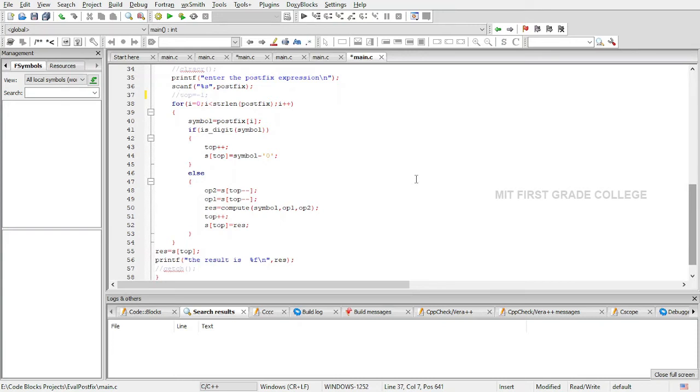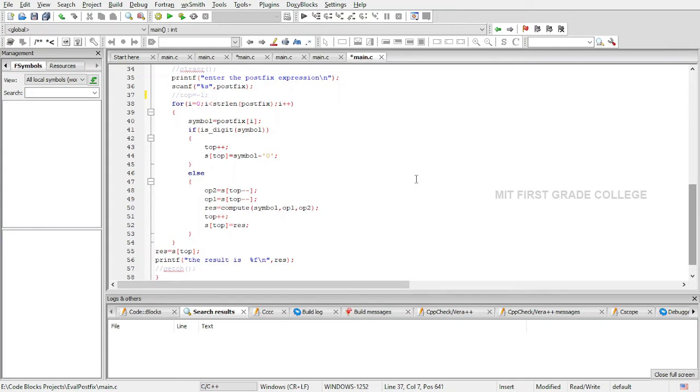Then I check the condition if isDigit(symbol). I check if that symbol is an operator or an operand. If it is a digit, if it is a number, the condition inside the if statement will be true and I enter the true block.